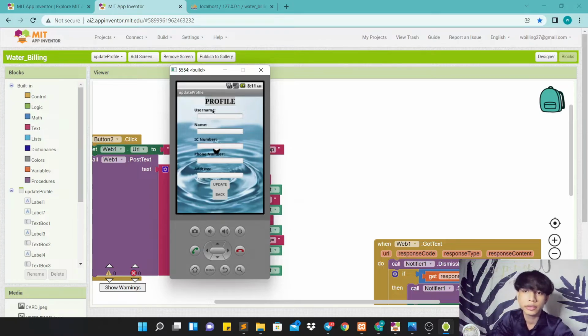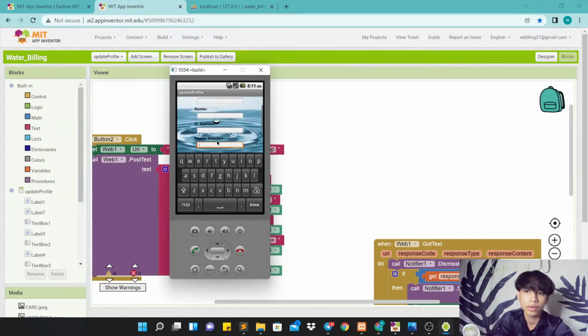And here the edit profile button has appeared. Note that the user needs to include their exact username that has been registered in order to update all the information below. Okay, for this user, the username is,